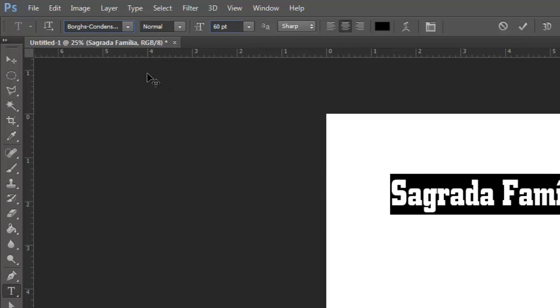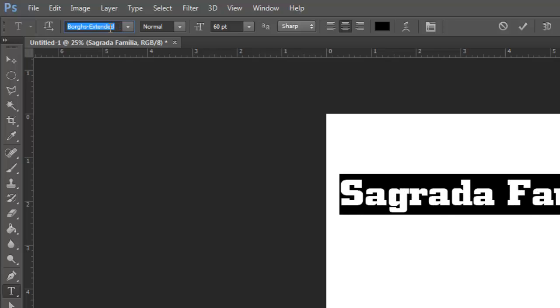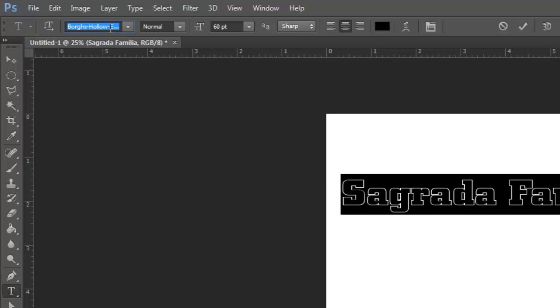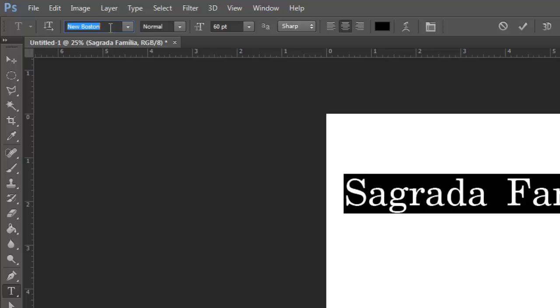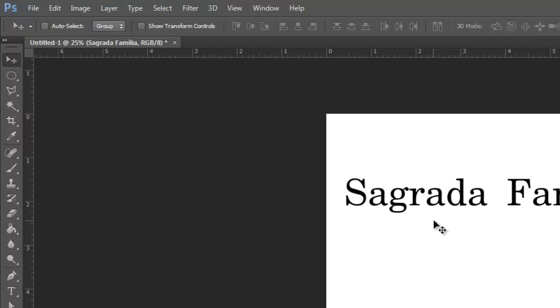But I can also click in the window right here, and then I can use my up and down arrow keys and scroll through, and that way I can see specifically what that font looks like with that particular word. So I'll go with New Boston right now, and then I can hit the check mark. So that's how we would do a